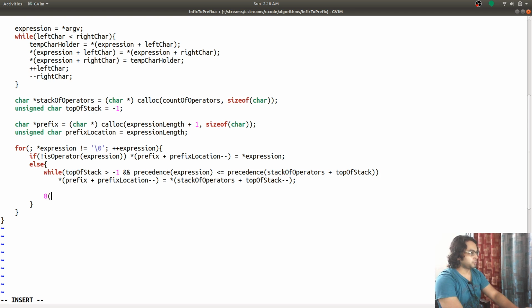So I'm going to say stack of operators, give me the memory address at this location, and once I have that, dereference it and put this value in it. So it is going to be expression and this.